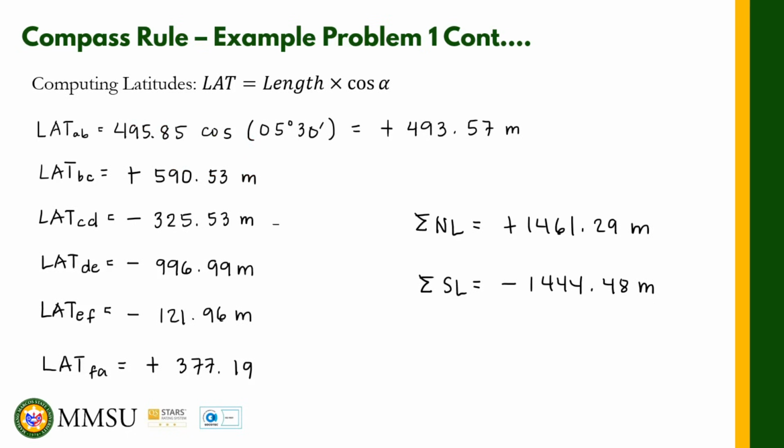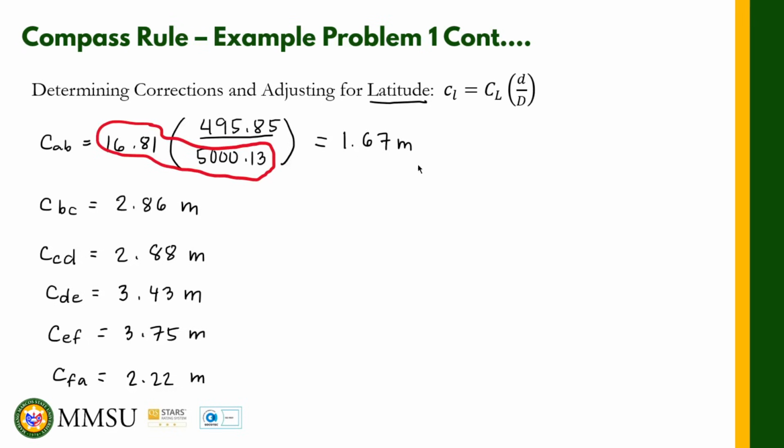Okay? So, yan ngayon yung adjusted na. These are our adjusted. Dito ko na isulat, for our adjusted latitude, okay? Adjusted latitude of AB is equal to yung 493.57